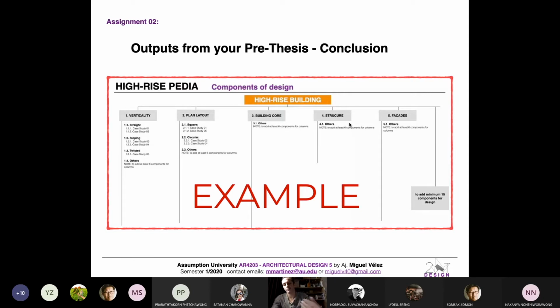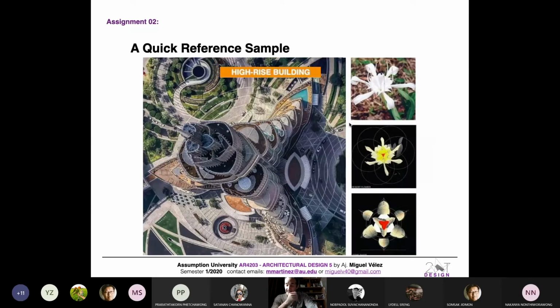So you should be capable of critical thinking, as you have done successfully in your pre-thesis, to write down all the things that your building should have to be the building that you want to design. Okay, so for example, I think the lecture of today is, after seeing this, you guys should share, as Lydell was doing in the beginning, your storytelling, to see if all of us can understand your storytelling and your design concept.